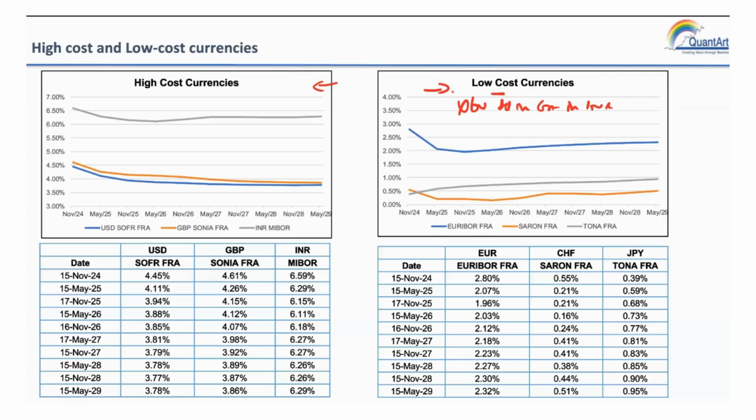Yes, you will have a much lower financing cost, provided you don't hedge that into rupee, keep it open, and take on the FX risk, because it's in JPY, your repayment will be in JPY. And as long as JPY does not appreciate with respect to rupee by more than 7%, which is the interest rate differential, you're fine. So you have to take on FX risk. But the moment you don't want to take on FX risk and want to completely hedge it, there's no point in actually going for low cost currencies, because the mathematics will turn out